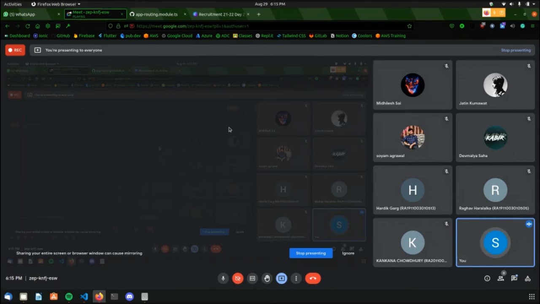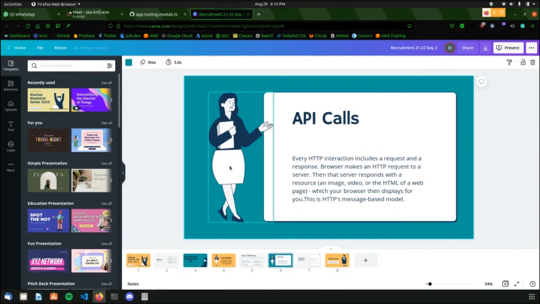So for example, if you're using Instagram, you open your browser or open your Instagram app on your phone. It identifies you, and then it calls its Instagram servers to give you the latest posts. That Instagram server is the API in this case, and the Instagram app is the client. That's what we'll be dealing with in the rest of the session today, to connect the backend and the front end.